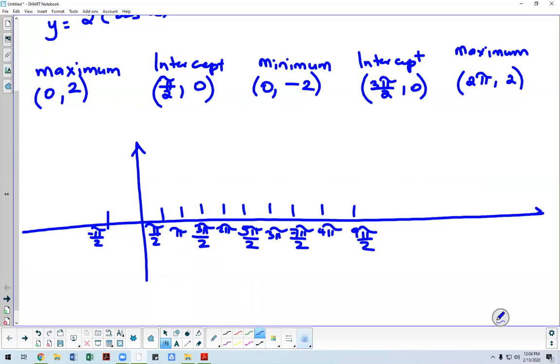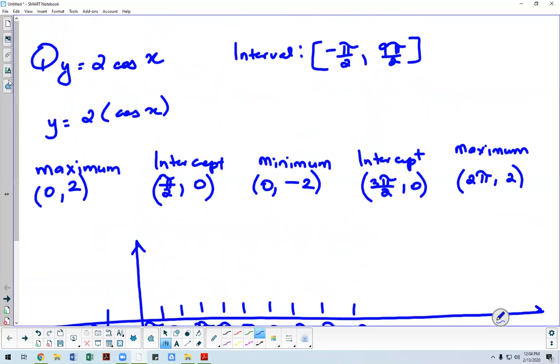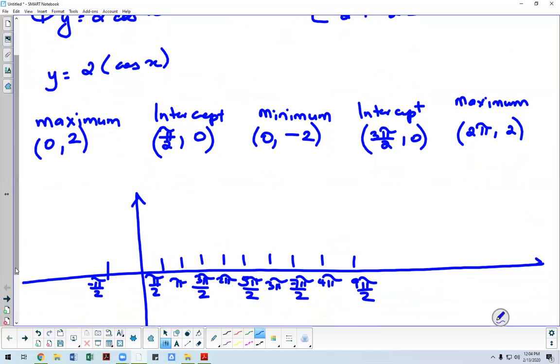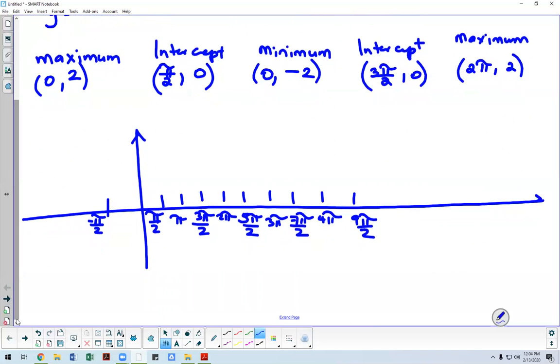So why do you go so far? Because they're specifically asking us in the example to go from negative pi halves to 9 pi halves, so we have to make sure that we extend our graph accordingly. The idea is if you can get these 5 points, and we know these functions have that period which keeps repeating itself, then once you get this pattern down, you can extend it for however long they want your graph to be. So we are starting at our